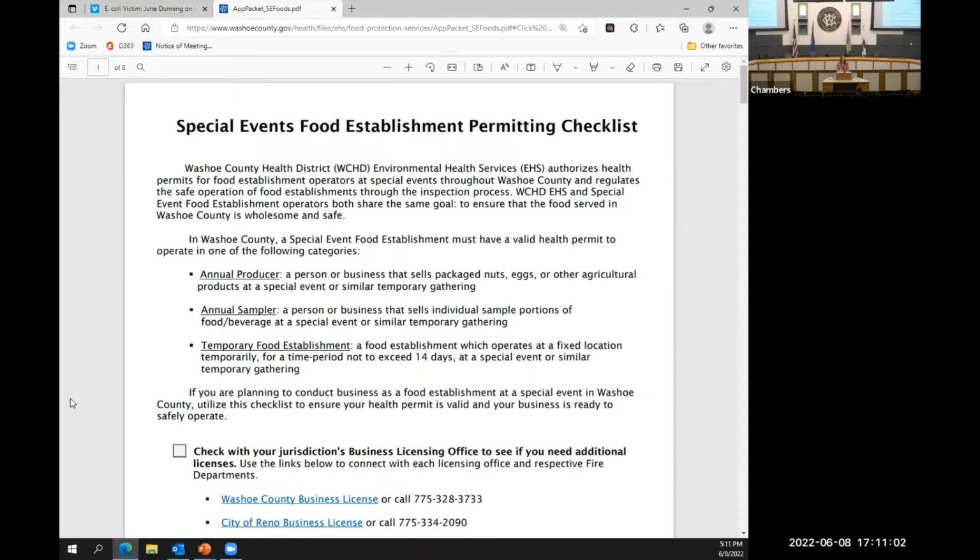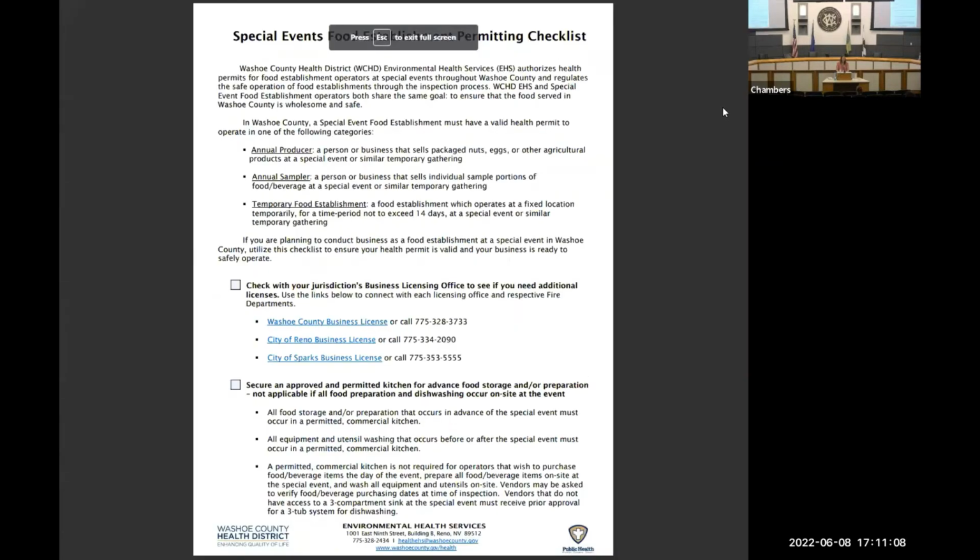So this is the first page now. Before, when you'd print our application out, it was 1 page. It's now 8 pages, but only 3 of those pages are actual application. The other parts are supplements for you, just meant to help. So this first one is our permitting checklist. So the permitting checklist,